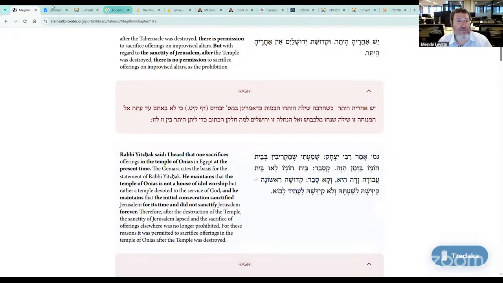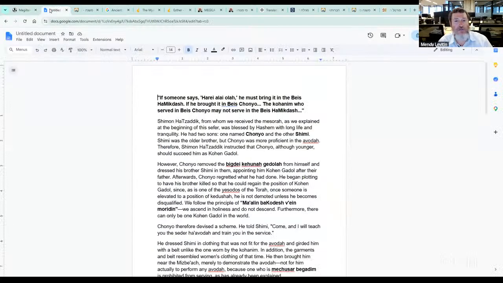What's the house of Chunya? So instead of just telling you the story, we're going to read from the Rambam. The Rambam has, besides the laws of the Yad HaChazaka, what's called Pirush Mishnayos LaRambam, the Rambam's translation of the Mishnah. In the tractate of Menachos, the Rambam tells us the story, which really the Gemara tells us, but the Rambam tells us because the story has different versions. If you go to Josephus, it has its version. The Rambam will tell us the story of the house of Chunya. If so, what's the basis of this discussion?